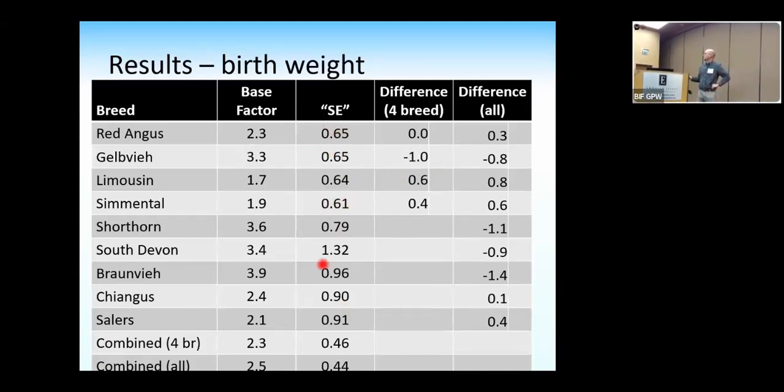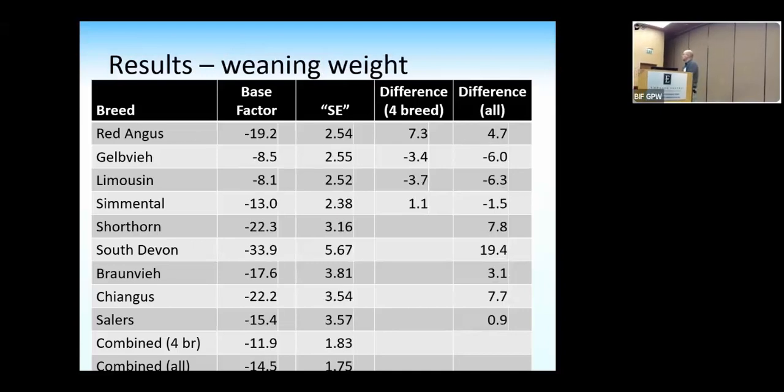And you can see, for the most part, if I'm looking at standard errors on this, on birth weight, we're probably fine both ways. These could be combined, and we're probably getting pretty much the same answer here, right? If I go on to some of the other traits, it's a little tougher. I'd say we're doing pretty well for the most part within expectation, maybe just a little outside on some on the 4 breeds fitted as a combined adjustment factor. But there's a few outliers, a little bit more if you look at the smaller breeds in that system right now, for the adjustment factor on medium.